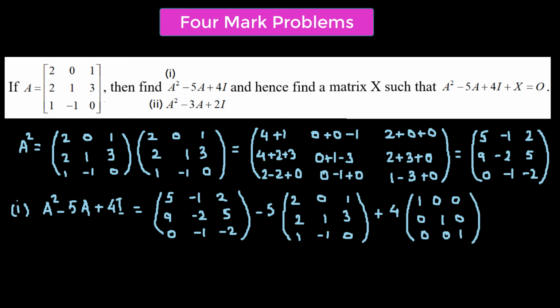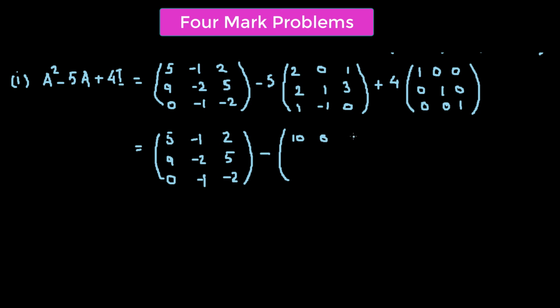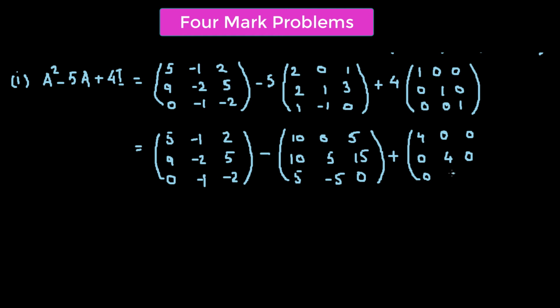Then we're going to simplify this. So let's do that step by step. So this is equal to 5, negative 1, 2, 9, negative 2, 5, 0, negative 1, negative 2, minus 5 times 2 is 10, so we have 10, 0, 5, 10, 5, 15, 5, negative 5, 0, plus 4, 0, 0, 0, 4, 0, and 0, 0, 4, which is equal to,